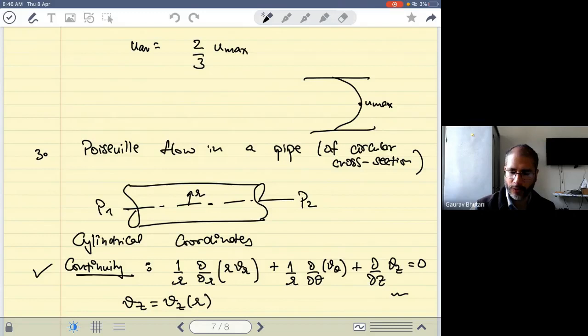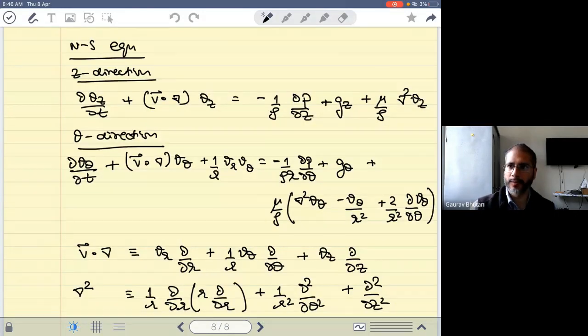Okay, so what we get is basically Vz is simply a function of r. And then you have to solve the Navier-Stokes equation. Again, very similar ideas. Okay, I can quickly discuss this with you. So in the theta direction, it is extremely trivial, except that we get del p by del theta is 0. Similarly, as to what we got for the Navier-Stokes equation in the y direction for the Poiseuille flow situation. So what we basically get is del p by del z is dp by dz. So pressure varies linearly in the z direction, like it happened in the previous case.